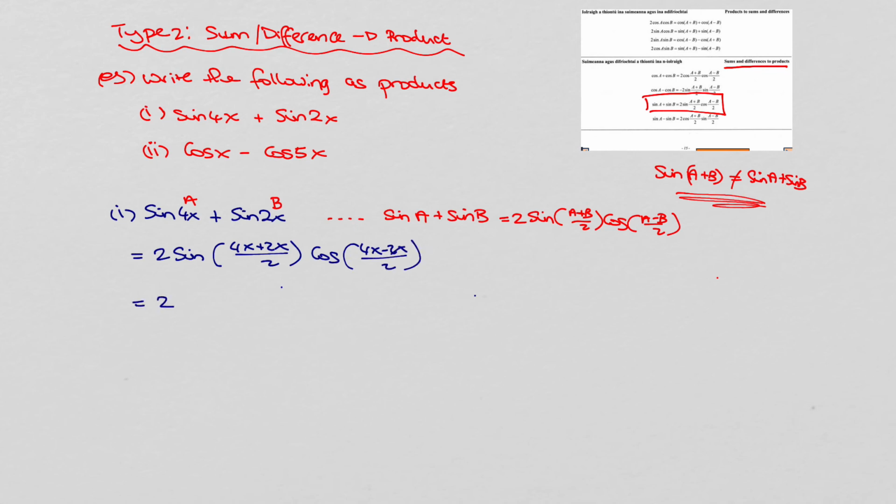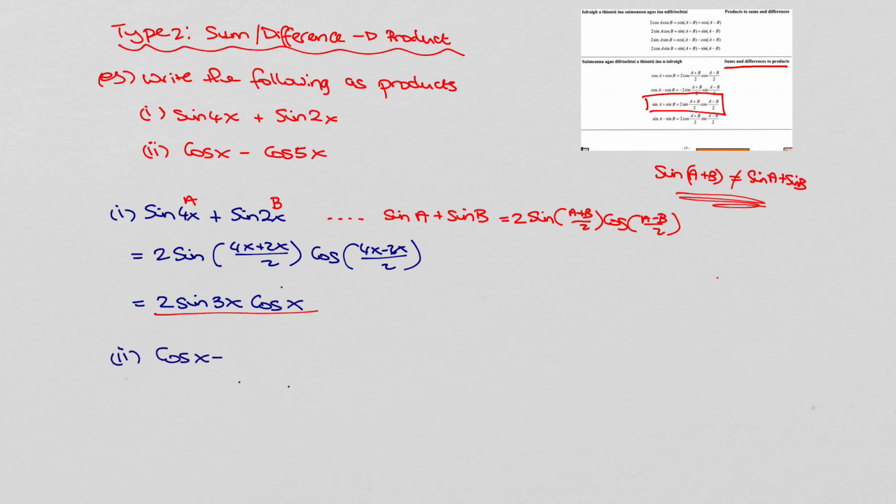In other words, we can simplify that too. Sine, well, 4x plus 2x is 6x, and 6x divided by 2 is 3x. Cos, 4x minus 2x is 2x, divided by 2 is just x. So now we have a product, sine times cos. If we look at the second one then,